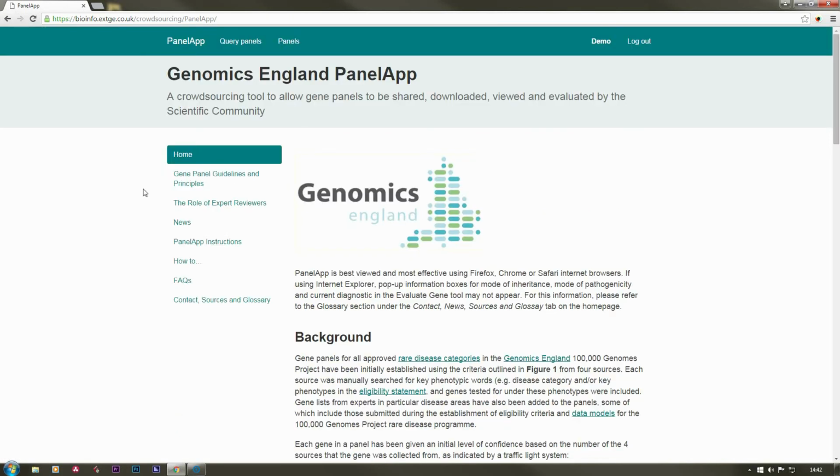Reviewers' evaluations and comments will be collated by Genomics England, and using a set of rules with guidance from the Validation and Feedback GSIP domain, version 1 of the gene panels will be released as the first set of gene panels evaluated by experts. The finalised green diagnostic grade genes will be used in the tiering of genetic variants in order to aid clinical interpretation of the genomes sequenced as part of the 100,000 Genomes project, and they will also